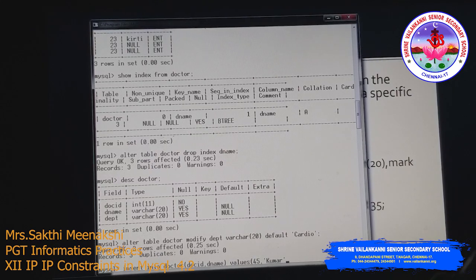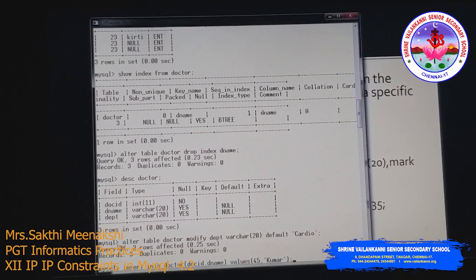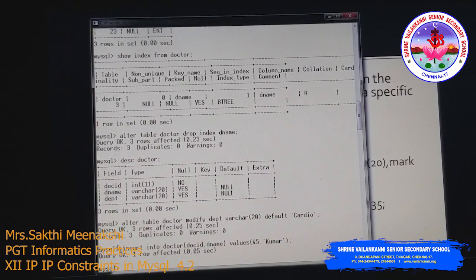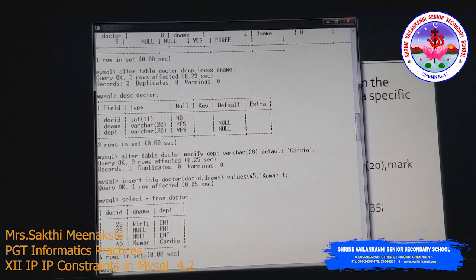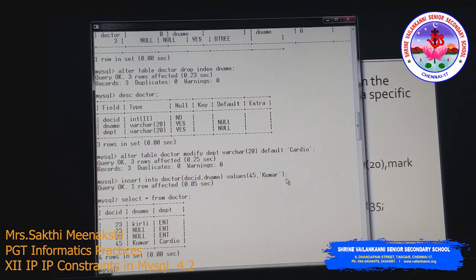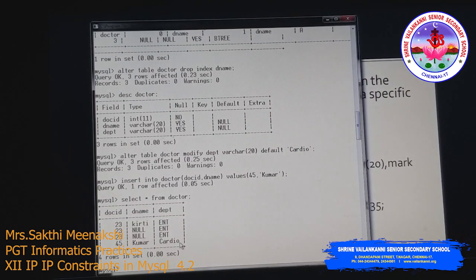So only two values we are providing, and the next value I'm leaving empty. The row is inserted. You can check this one. We have inserted only 45 and Kumar. Instead of a null value, it is replaced with cardio because the default value is cardio here.